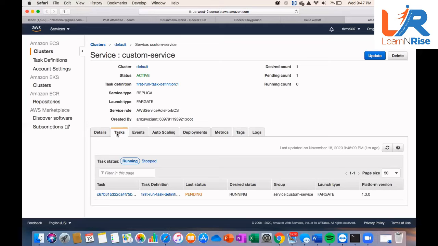Click the refresh button. Not below. Just up, a little bit up on the right side. Still pending, so wait. So you know what is happening in the background. Yeah, it's running now, right? So just click the task now. You have some ID. No, below. You have a task, and below the task you have some number.